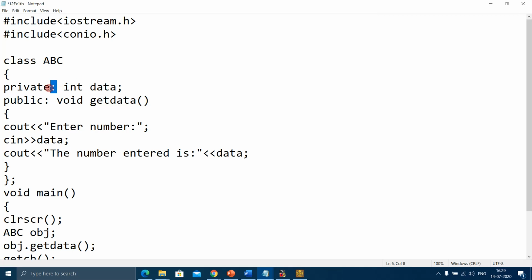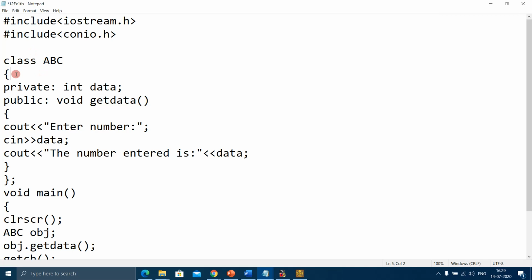And can you see I have declared it as private. That means this data is private to class ABC. Anything outside the class cannot access this variable because it is private to the class. How can I determine what is outside the class? Can you see this curly brace? If I want to specify anything in the class, I have to open the curly braces, and whatever I write within them belongs to class ABC.